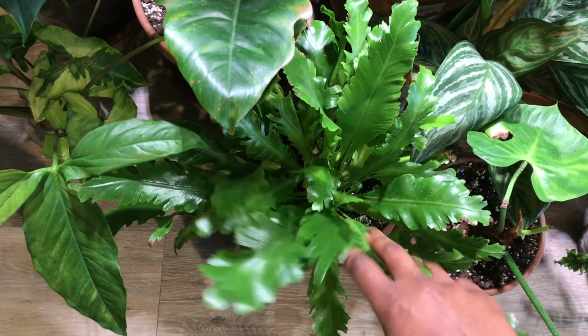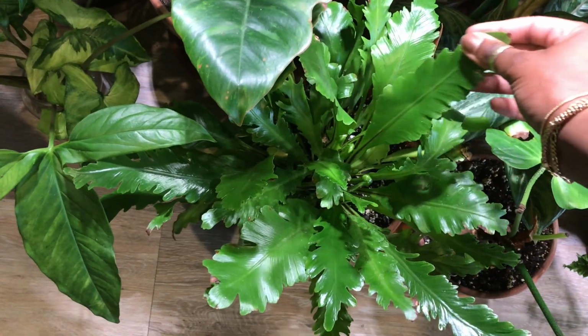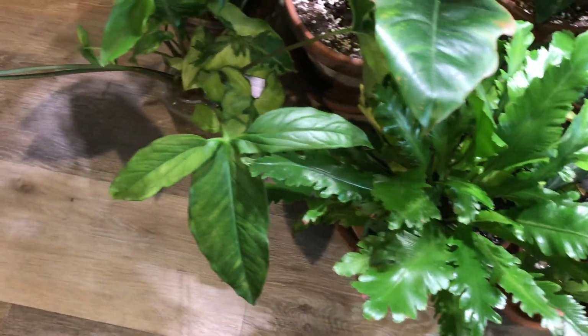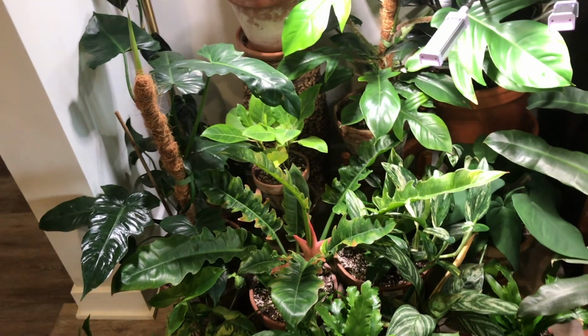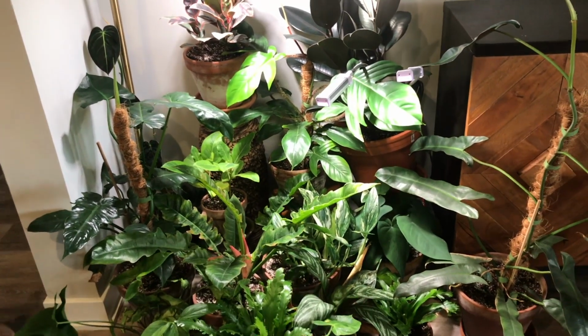This is my bird's nest fern champion. Such a pretty plant. I love the ruffling. And here's some cuttings of my syngonium. I didn't like how they were growing, so I started them all over. But that is how that section looks. So as you can see,